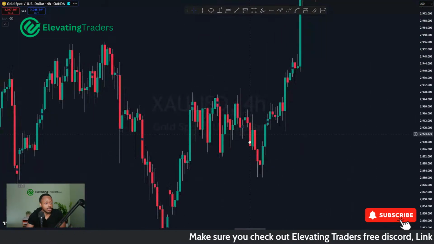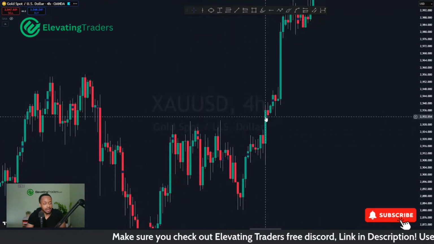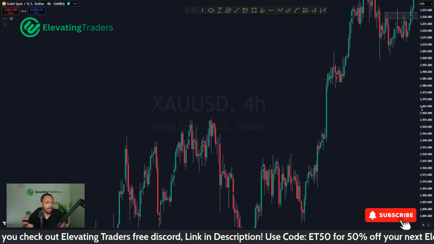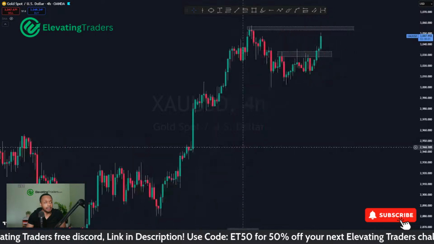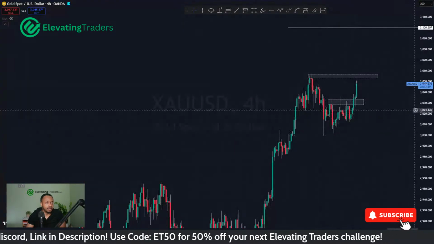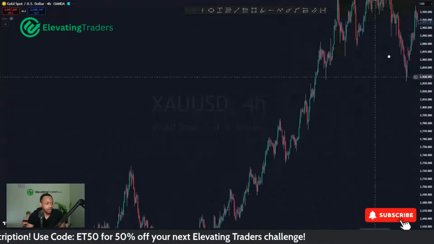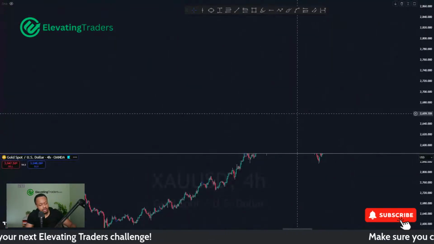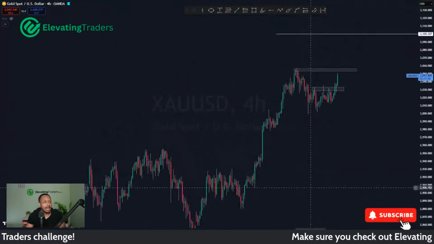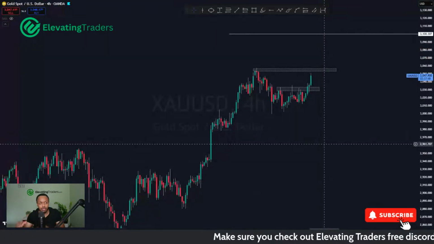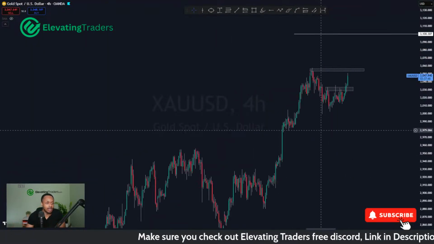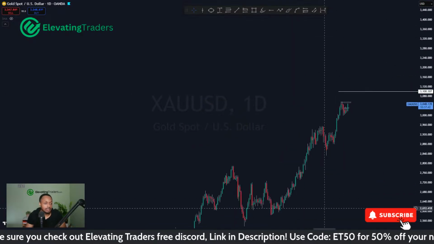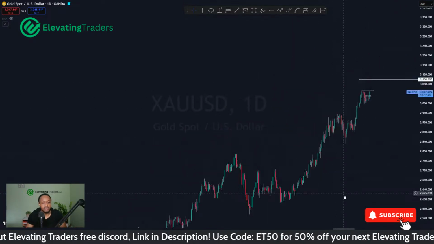You had a lot of consolidation, a big breakout, a few smaller candles, and all of a sudden, boom, price absolutely obliterates that prior high. And yeah, that's just the type of situation gold's in right now. It's in a very strong uptrend, and to be honest, no real signs of slowing down. Of course, there are some smaller time frame pauses as you would expect, but in terms of the higher time frames, the trend is alive and kicking.